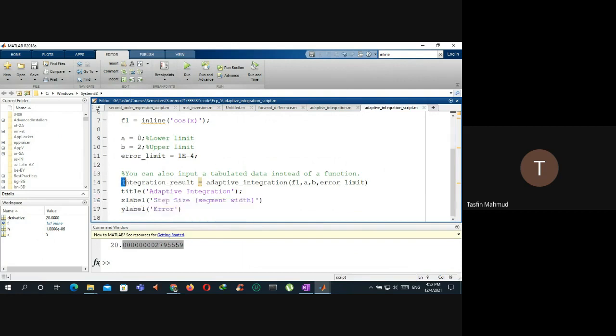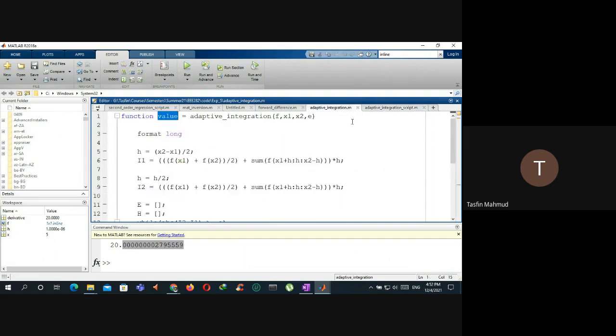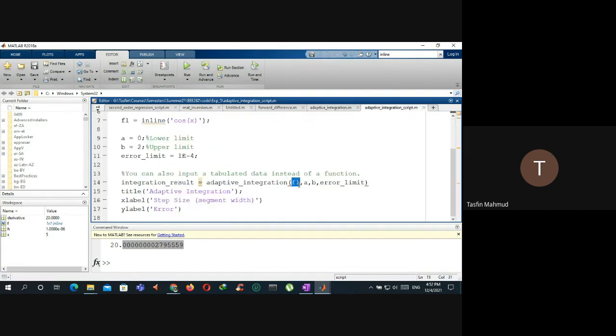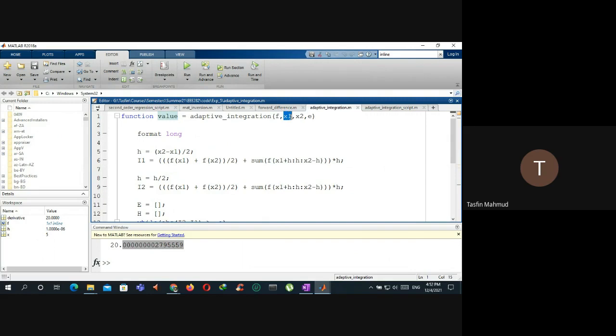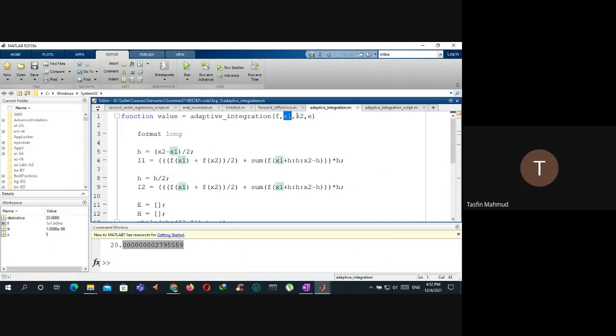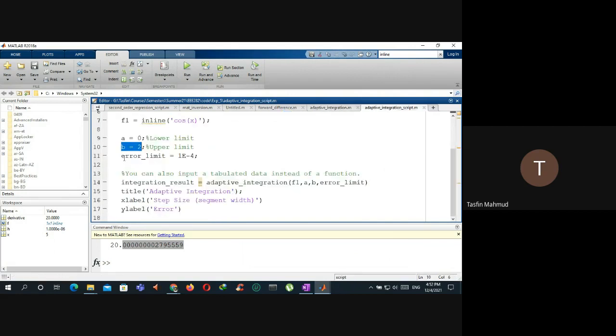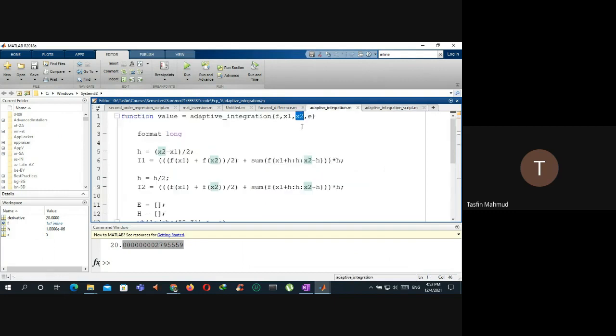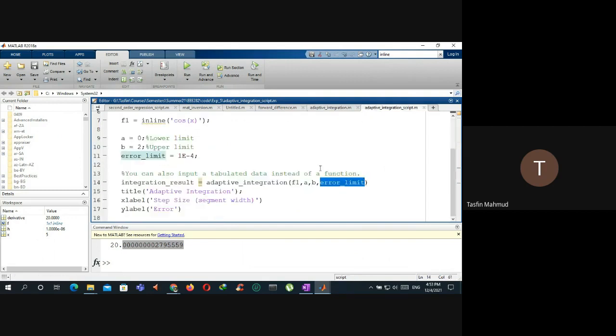And for the integration result, we are calling this adaptive integration function in this script. So we are passing f1, the cos x function, then a, the lower limit, as x1, and b, the upper limit, as x2, and the error limit as 1e-4. This will be considered as the tolerance value or error limit. Okay, so if we run this code,